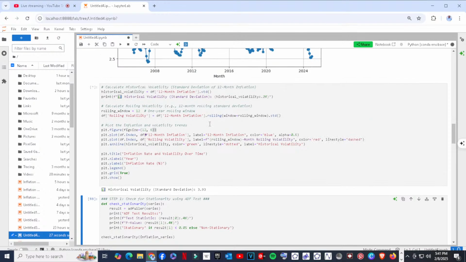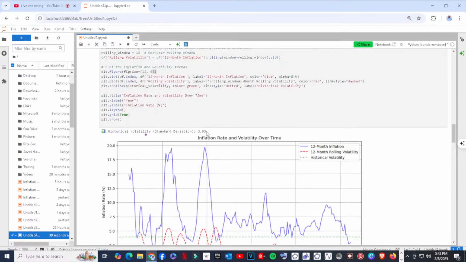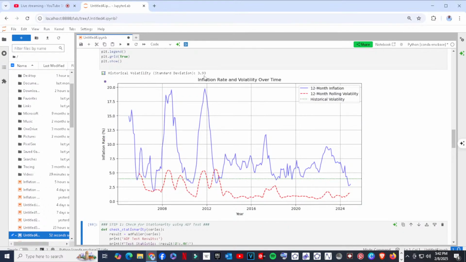Just a moment, it's still running, it's still busy. Yeah, it's done. We see it had calculated the historical volatility while it was still drawing: the historical volatility standard deviation is 3.93. That's what we can see. So the blue curve here represents 12-month inflation.